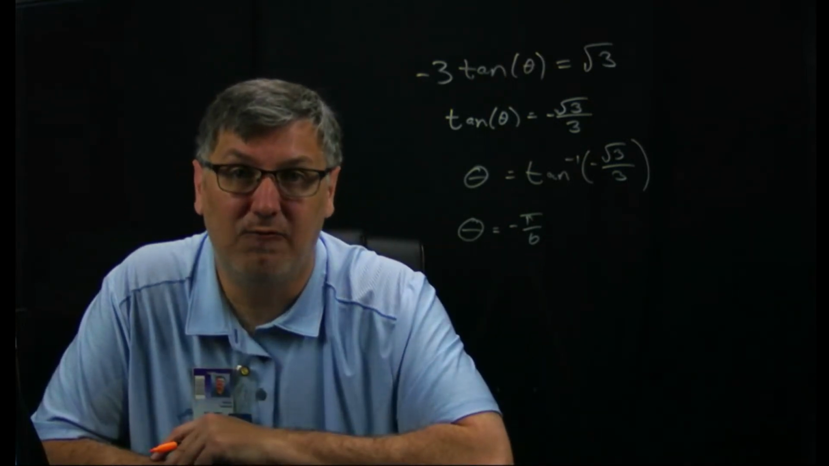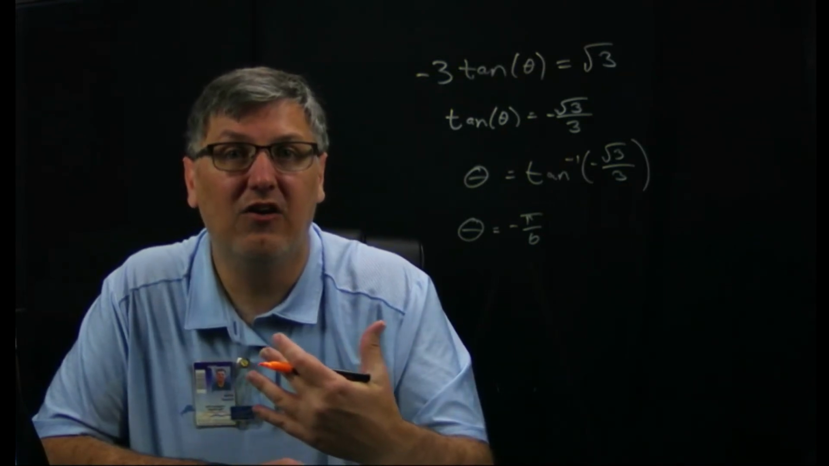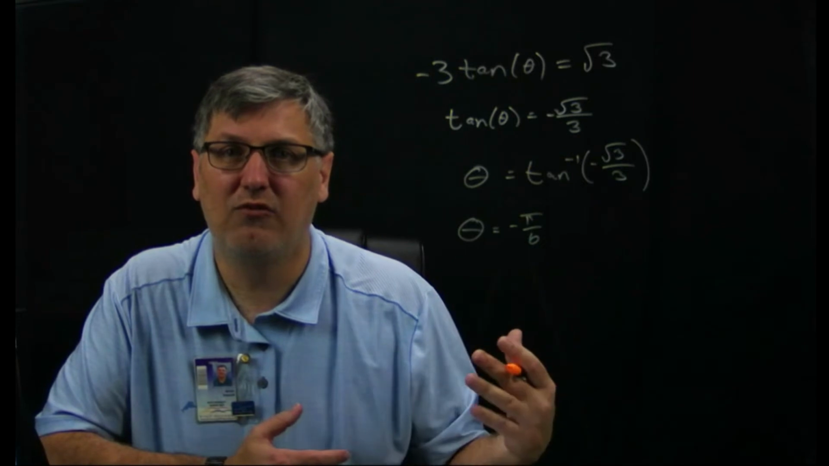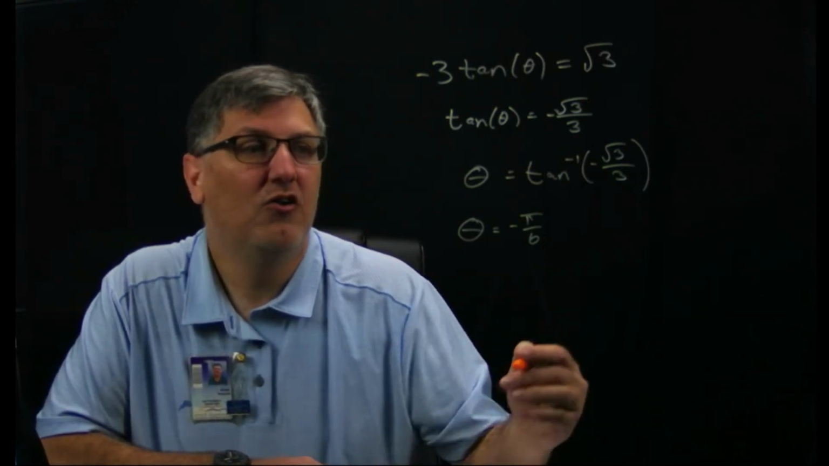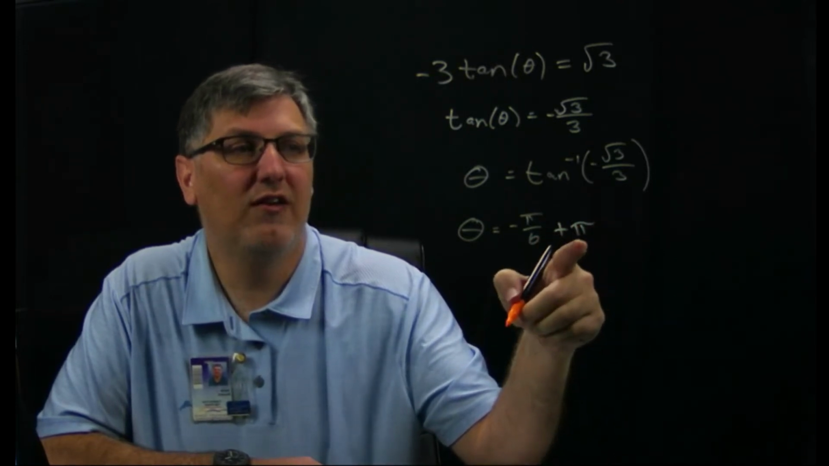One does not mean infinite. So I need to have an equation. What I need to add is basically the period, and how many times we want to rotate through this period. Well, tangent has a period of pi. So what I need to do is add pi,